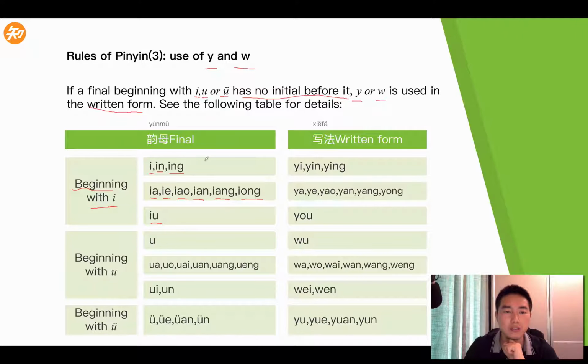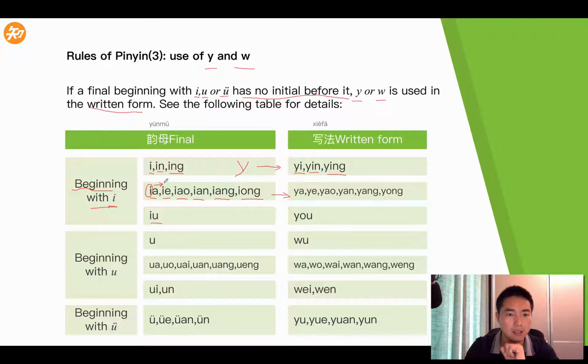Okay, so to make these into syllables, we are going to write them in different ways. The first one is, in the first group, we need to add the initial Y before it, so it